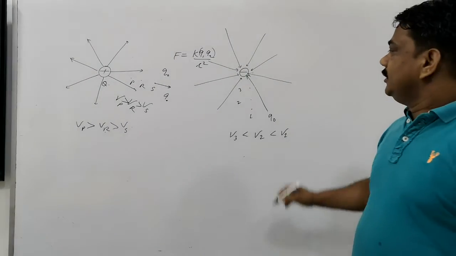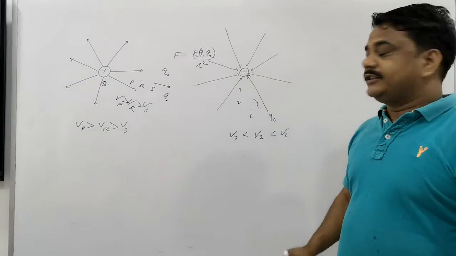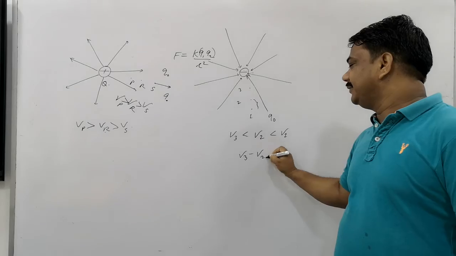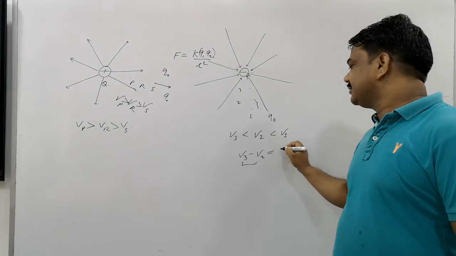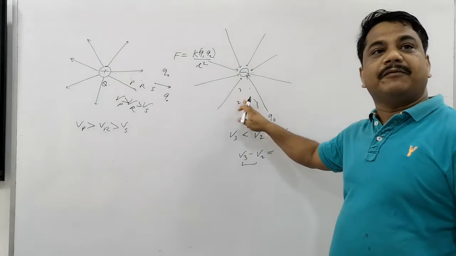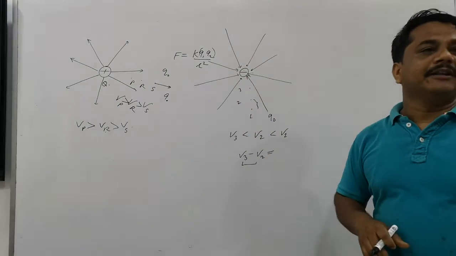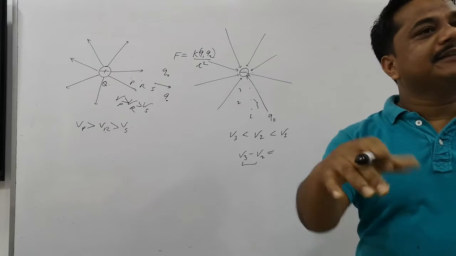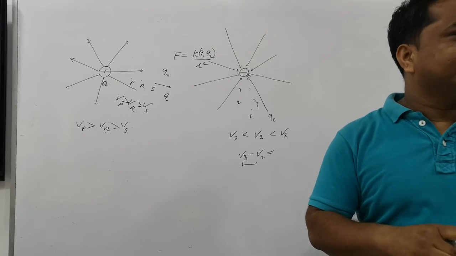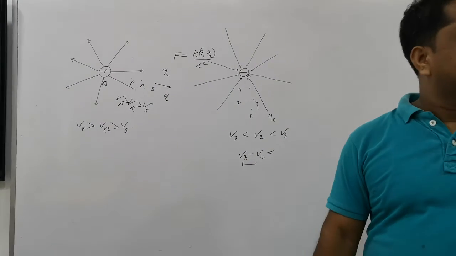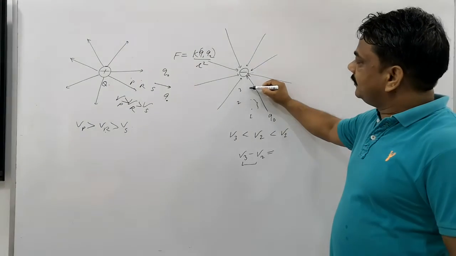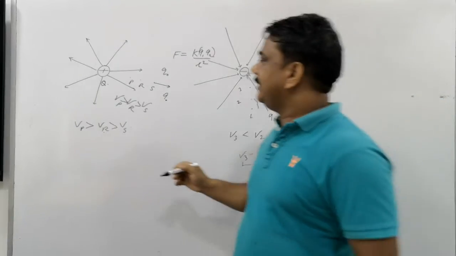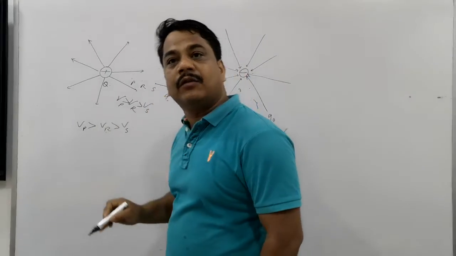Well understood? So if we want to move the charge, it will move from point 2 to 1. So there will be a potential difference here, V3 minus V2. This potential difference is numerically equal to the work done in bringing the charge from one point to another, as we are bringing the charge from a point already in the field to another point already in the field. It means two points are there. So this is the potential difference. The potential at 1, potential at 2 and potential at 3 will be different. In the same manner, potential at P, R, and S are also different.